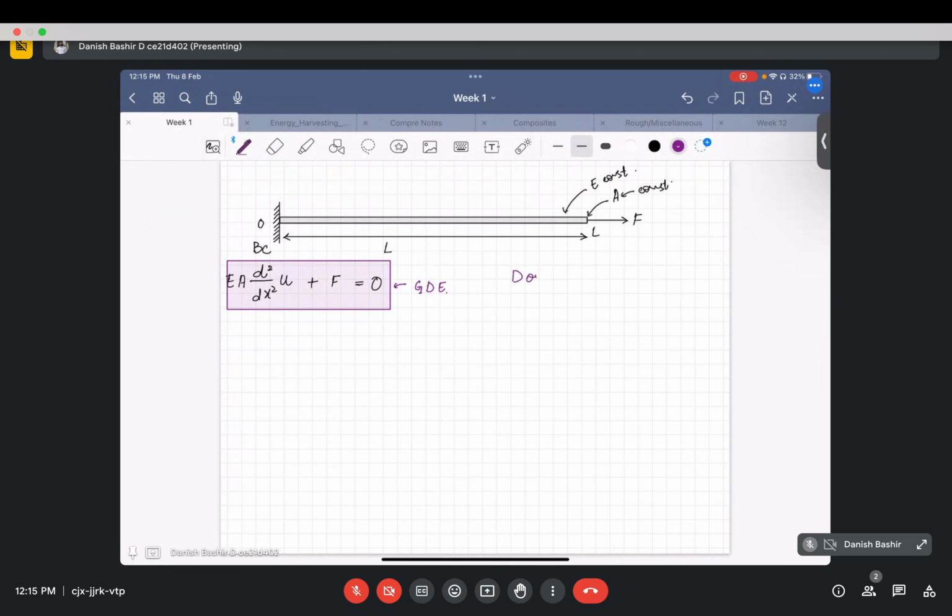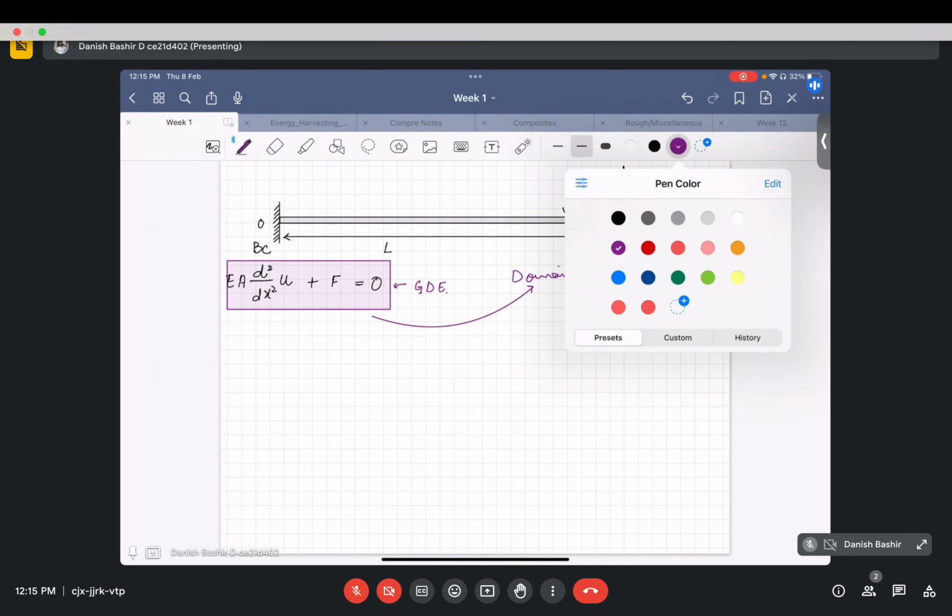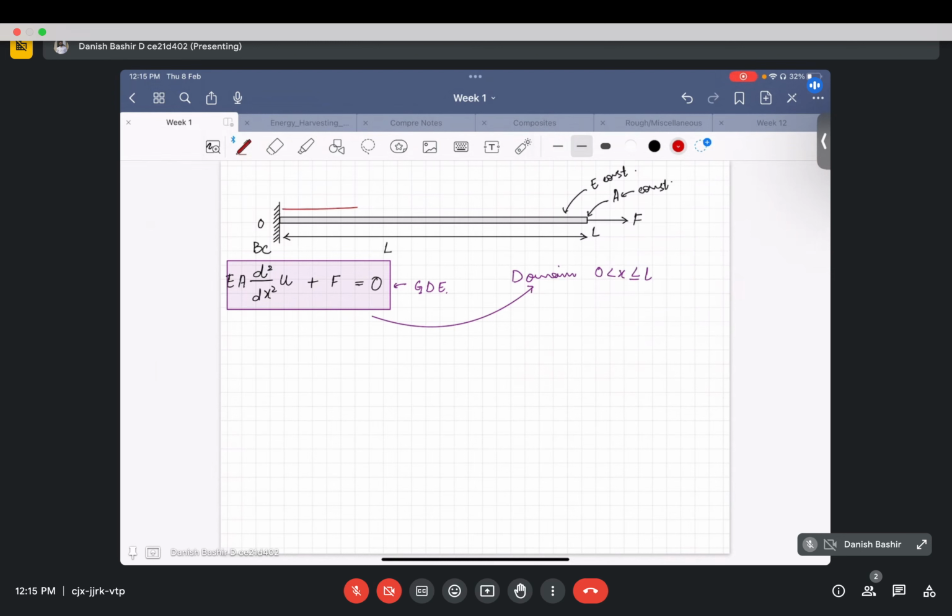The domain of this governing differential equation is x varies 0 less than or equal to x less than or equal to L. This is clear to you people. This is the domain. We will not take the whole domain. We will break the problem into smaller elements. Like we will take three elements: